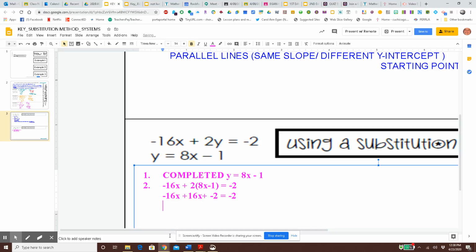Combine like terms, I have negative 16x and positive 16x. They're additive inverses again, so they eliminate each other. And I'm left with negative 2 equals negative 2. And that is a true statement. And so when we have true statements, that means that,